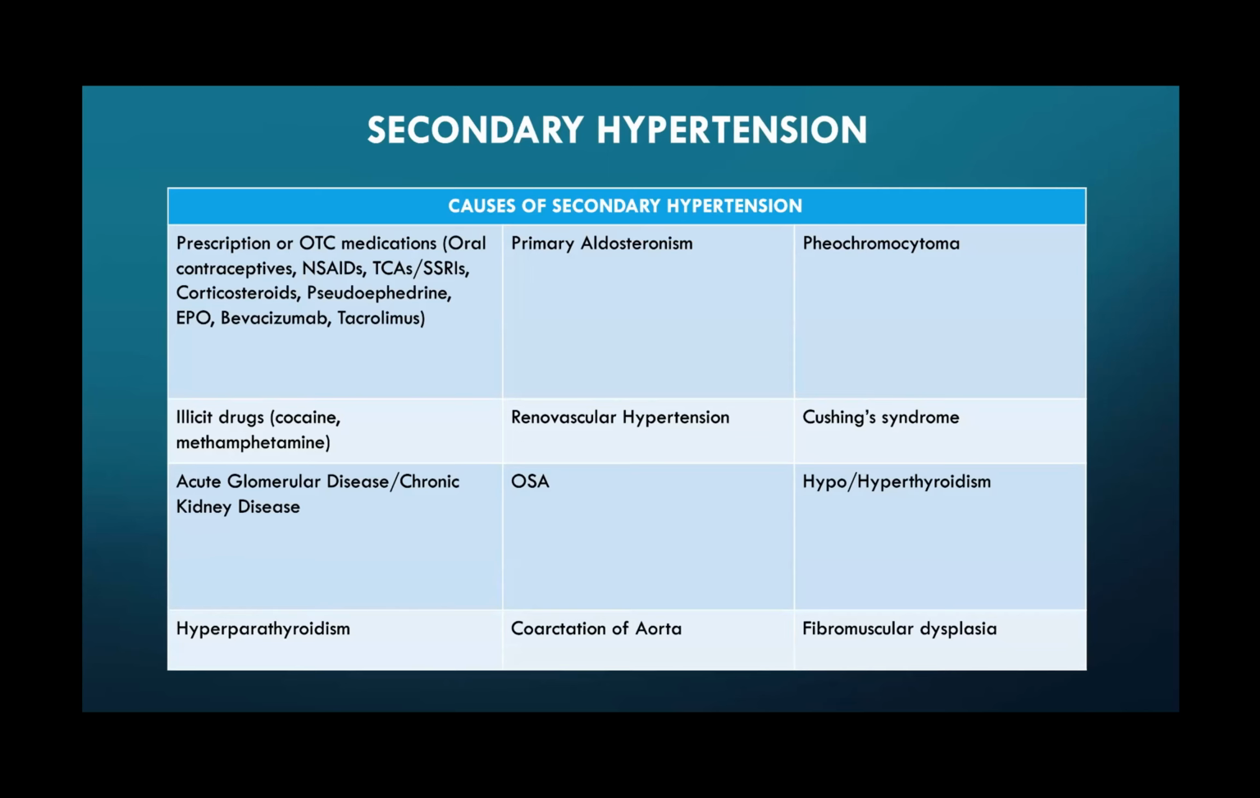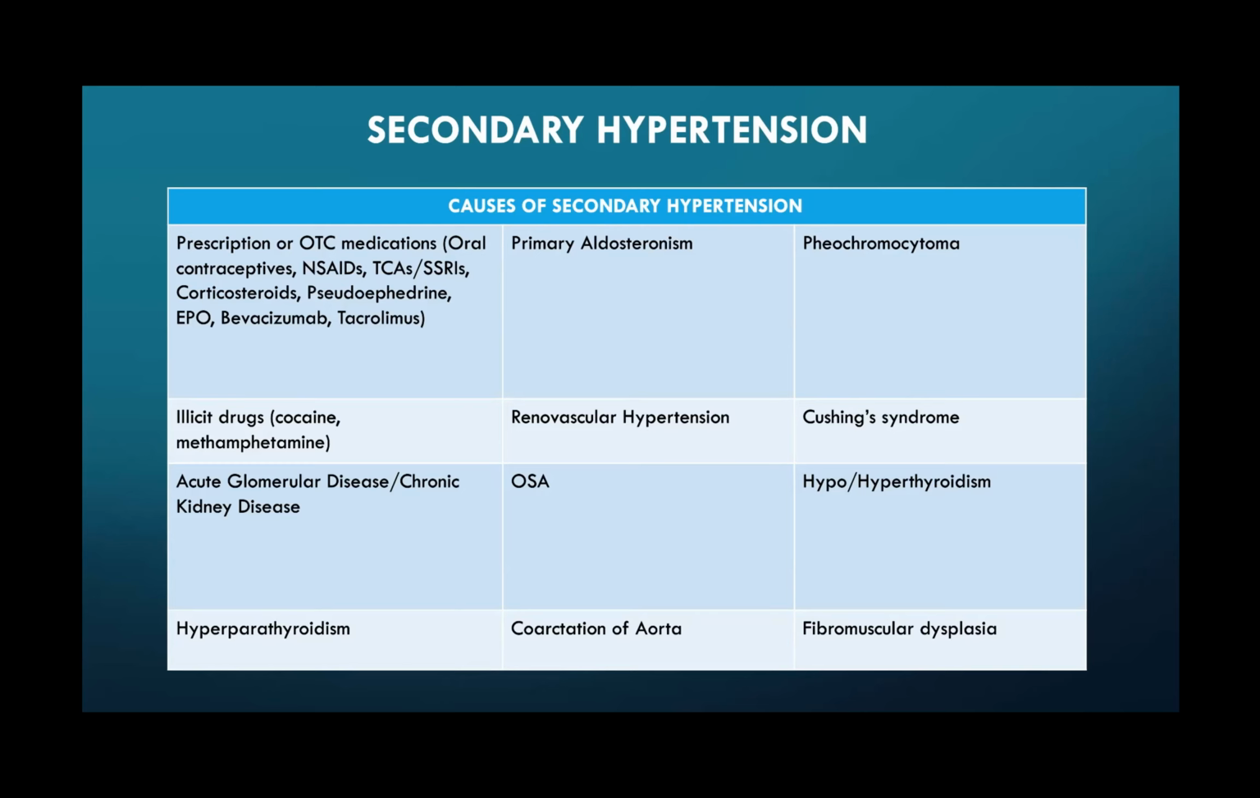Also prescription medications. And again, these range from things like corticosteroids to VEGF inhibitors such as bevacizumab, and tacrolimus and other agents. We also want to think about aldosterone and adrenocortical tumors. So we're talking about primary aldosteronism, pheochromocytoma, Cushing's syndrome. We're talking about illicit drugs such as cocaine and methamphetamines, patients with either acute glomerular disease, including glomerulonephritis, and chronic kidney disease,